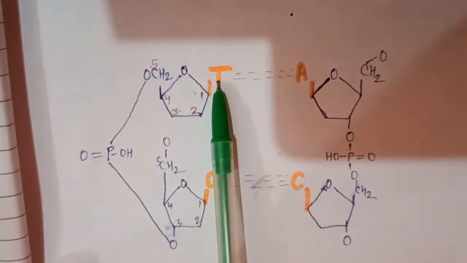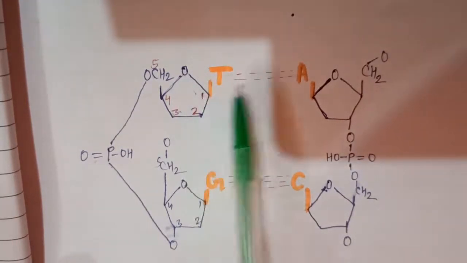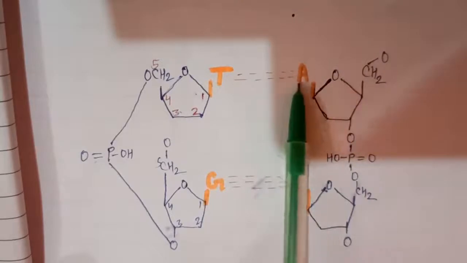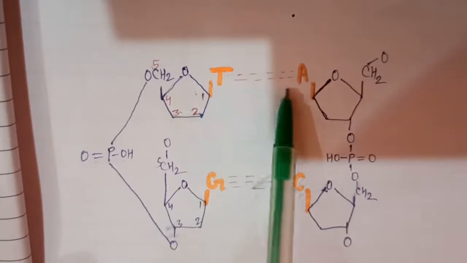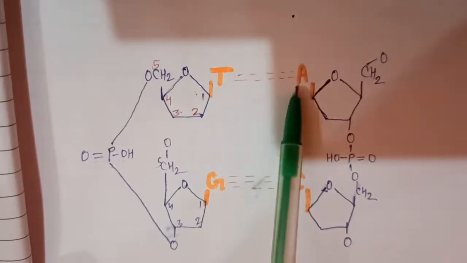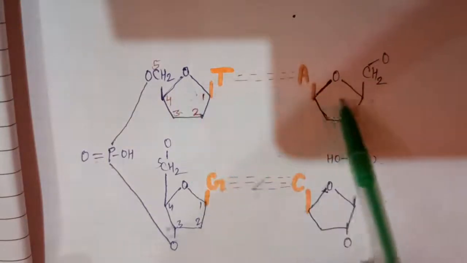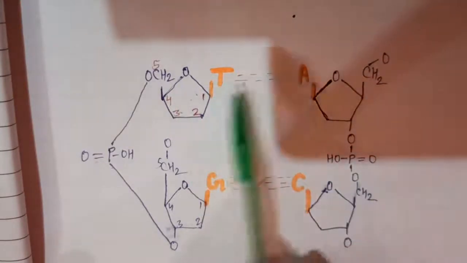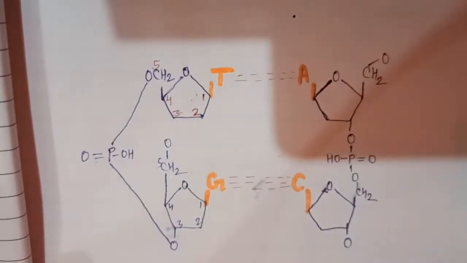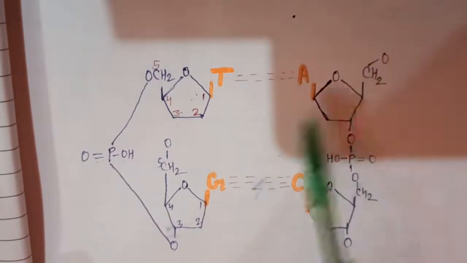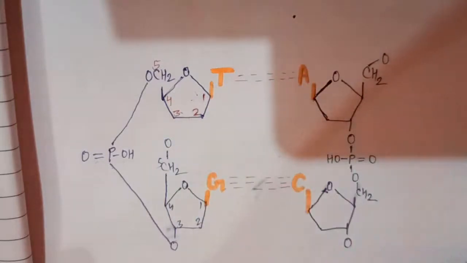Like on first position here, this thymine is attached with this sugar. Okay, and this is the next nucleotide where also on the first position this adenine is attached. Okay, so a bond will be formed here between thymine and adenine. Okay, and like this a nucleotide chain will be formed. Like this nucleotide is attached with this one, then the next nucleotide will be attached with this one, by formation of these bonds between nitrogen bases. So a nucleotide chain will be formed here.